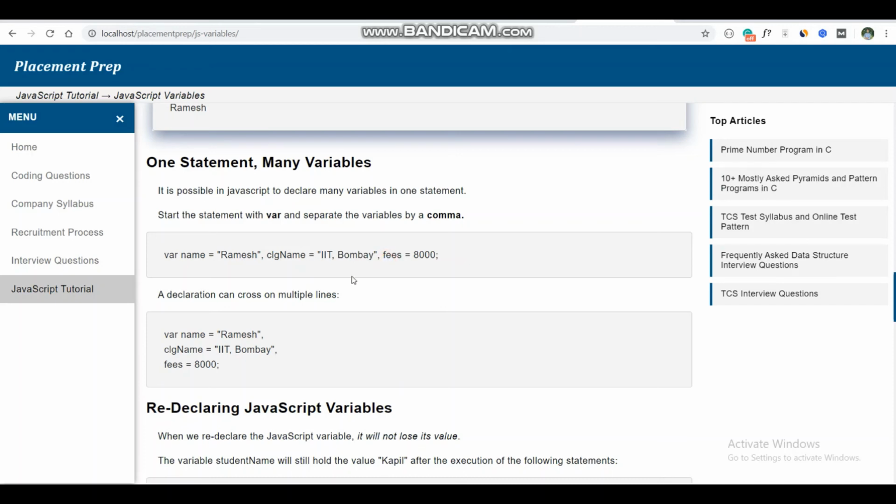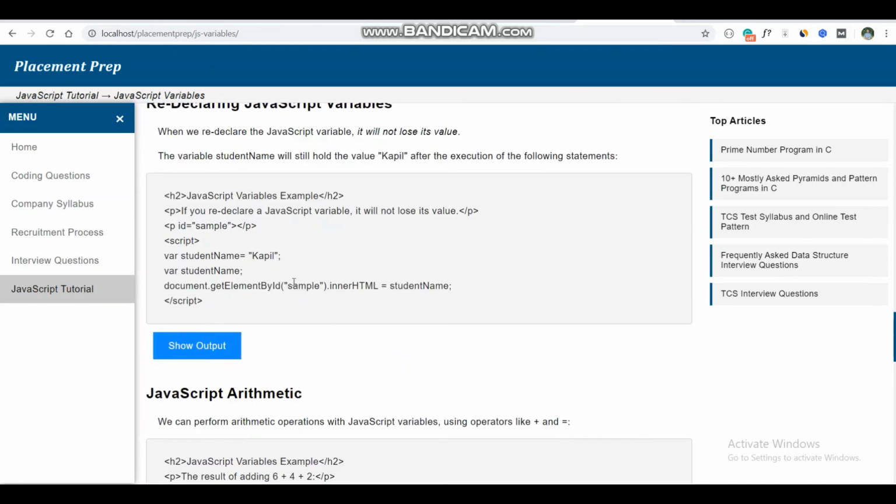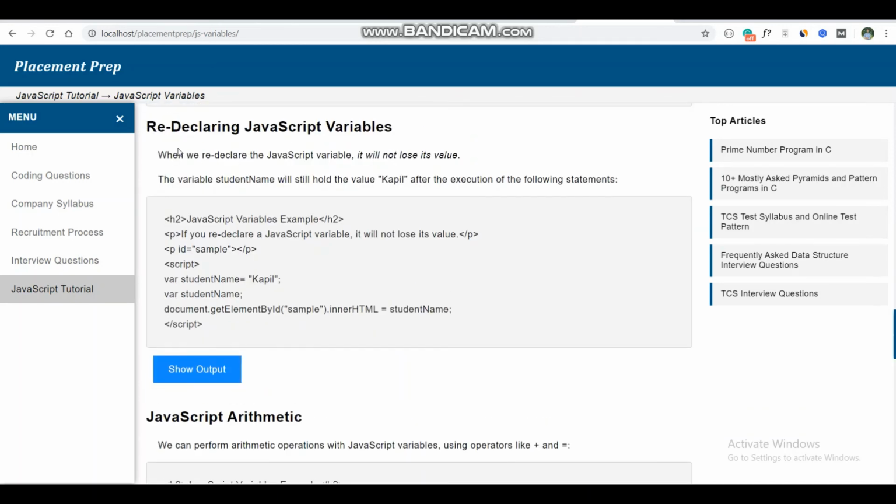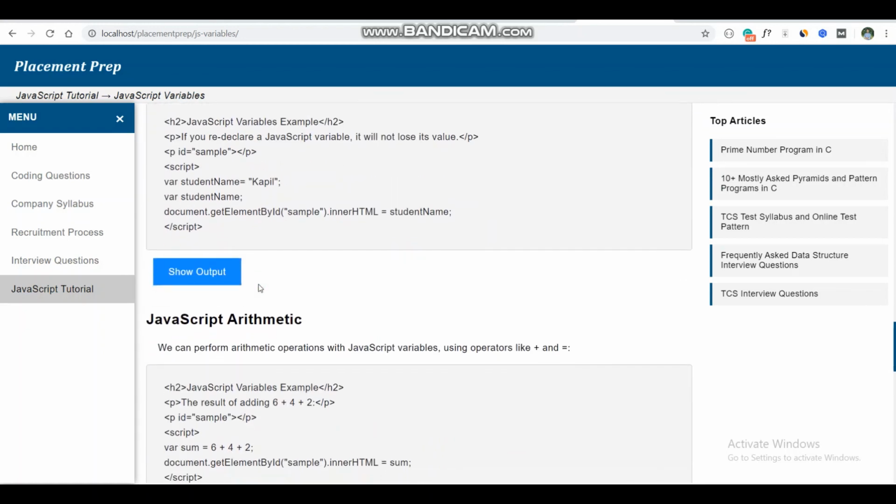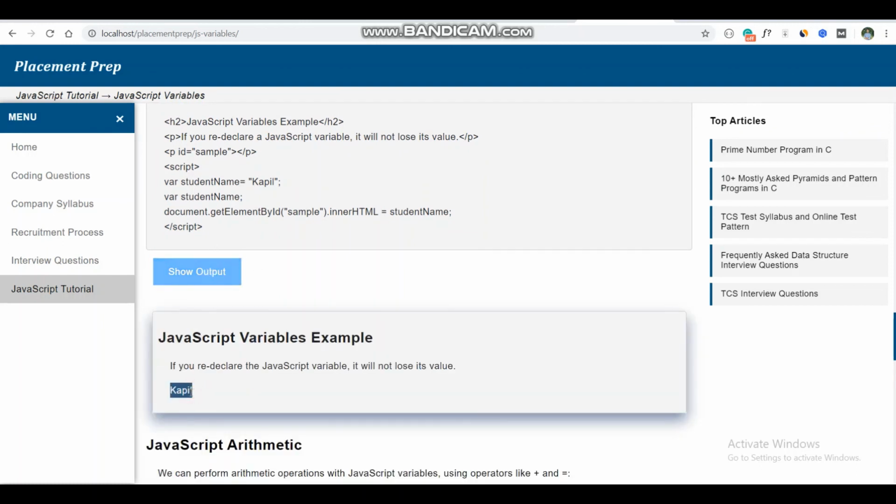Here we see the redeclaration of JavaScript variables. If we declare the first variable, student name equal to Kapil, and then redeclare student name, the value is not lost in JavaScript; the value Kapil stays the same.